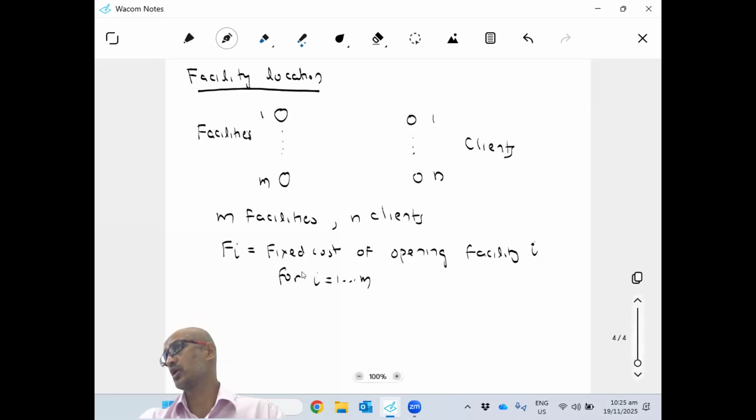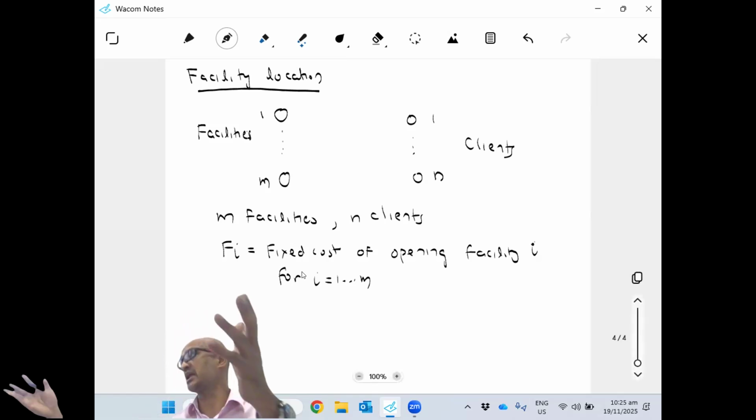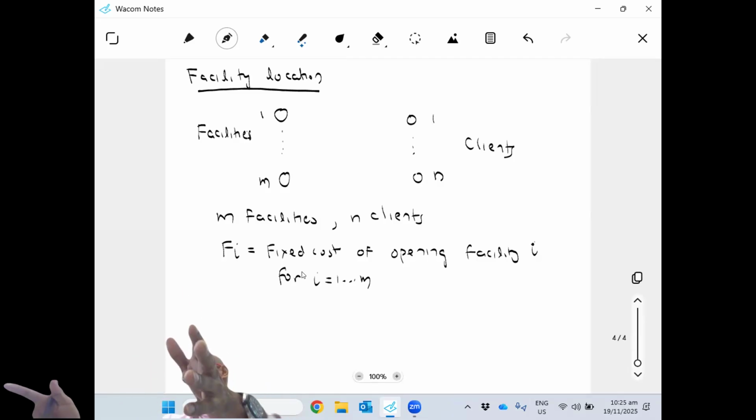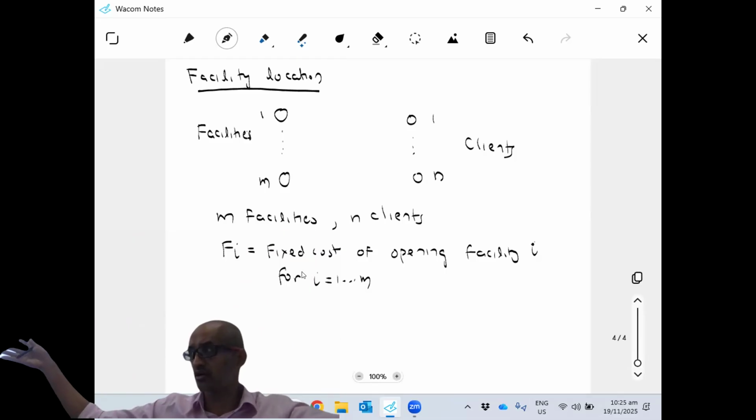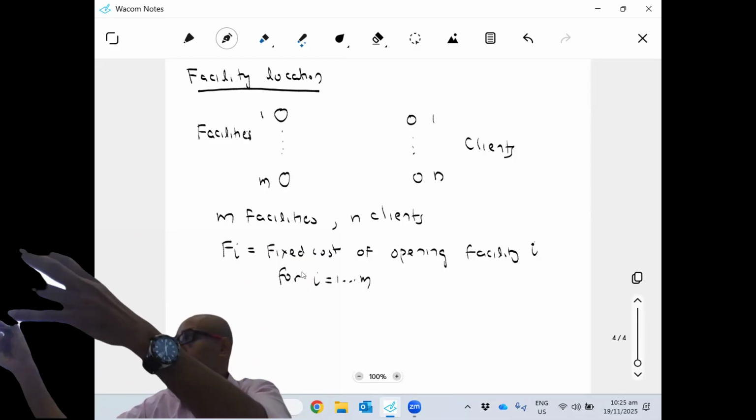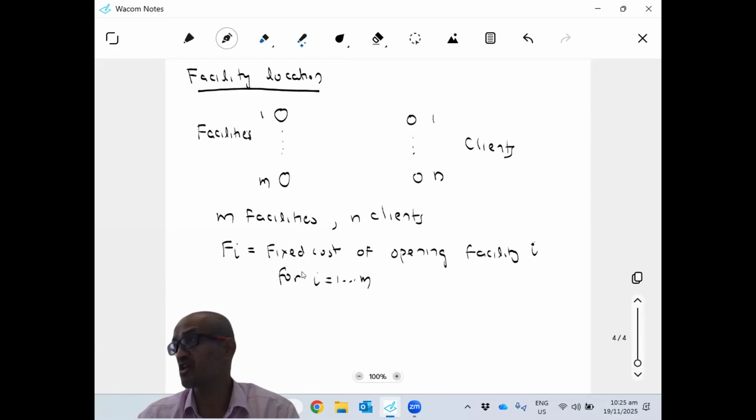So I have to decide, should I open a factory here or no? Think of a planning problem. You decide, do you have to open a factory in this location or no? You've got a potential set of places you have decided. If you decide to open in a particular place, you pay some fixed cost, which is f_i. Okay. Once you decide to